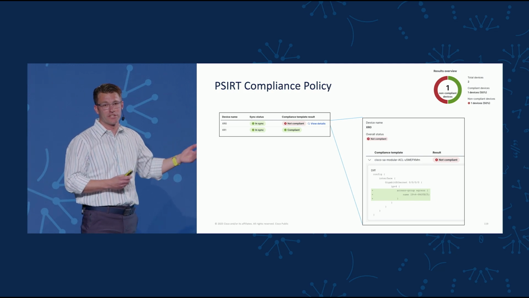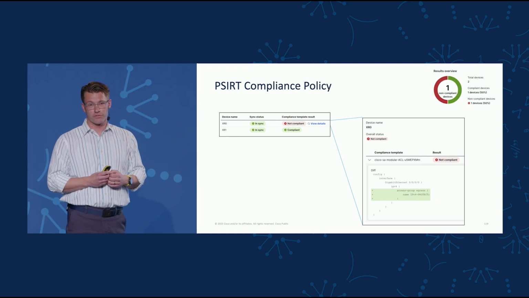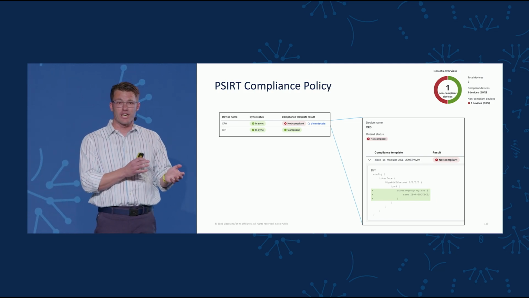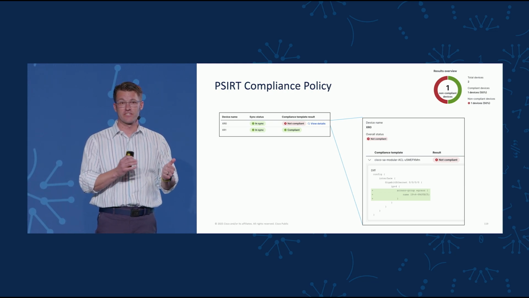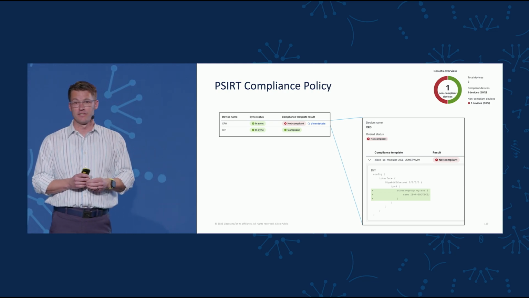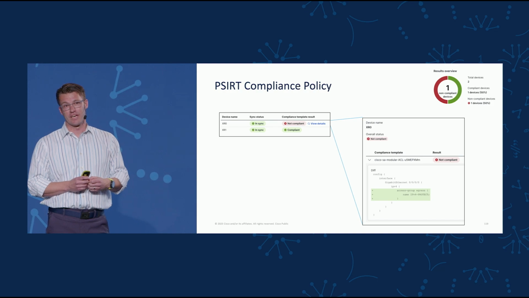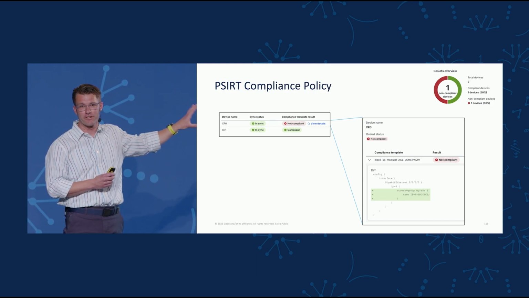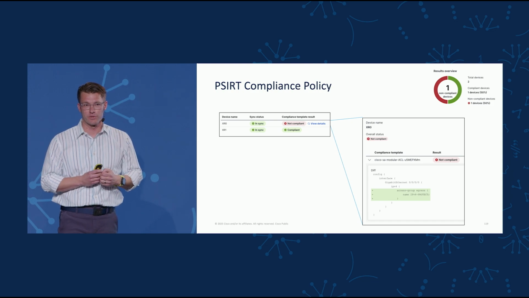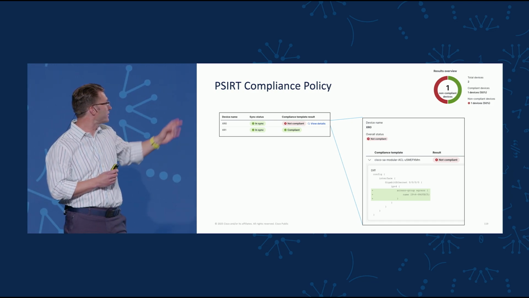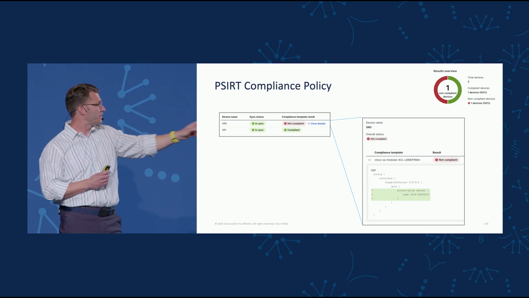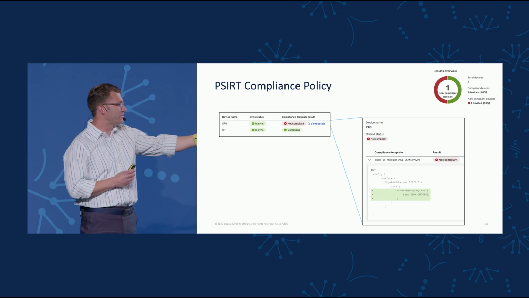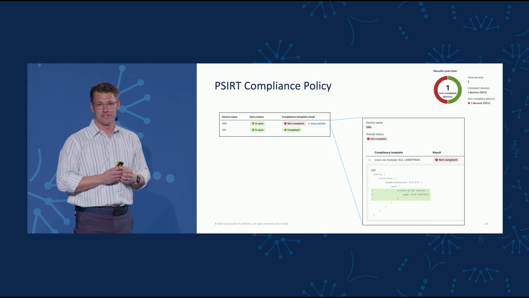So there's many ways to consume the results of these reports. We heard about the export options earlier. There's text, HTML, XML, even database formats. And we also saw a quick run through of the web UI. This is a very friendly interface to drill in and find out exactly where your problems are. And in this case, XR0 is potentially vulnerable, and we can see the egress ACL applied there.